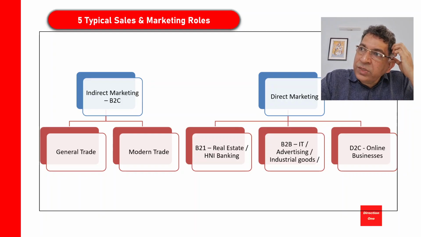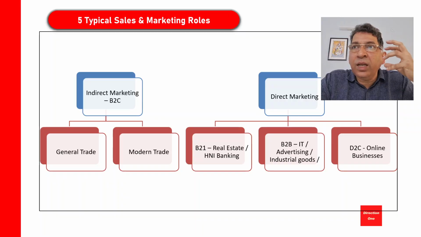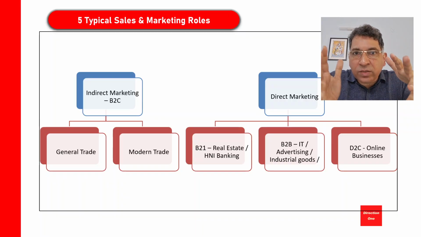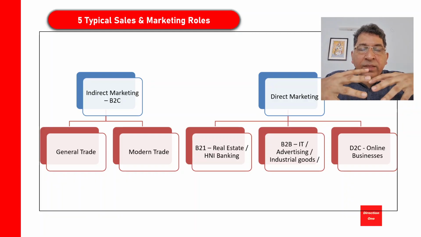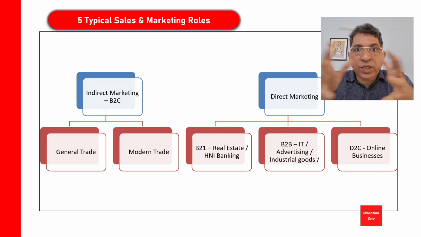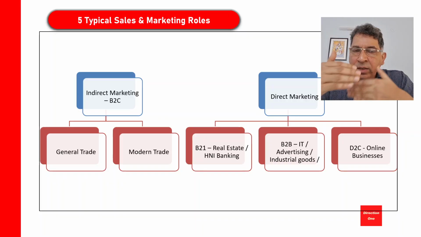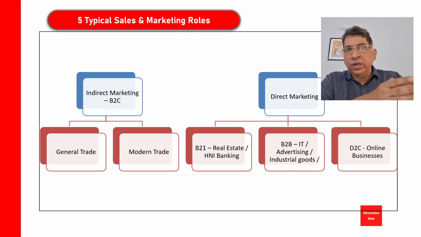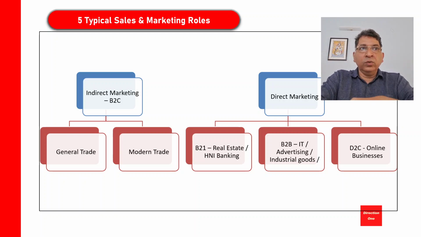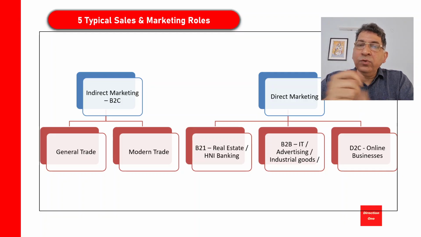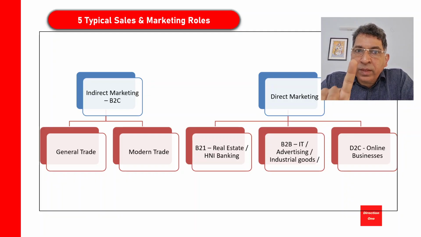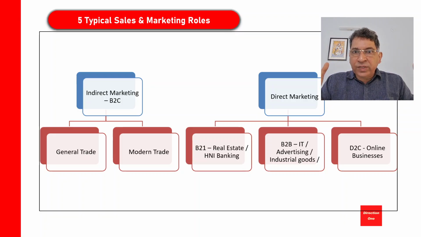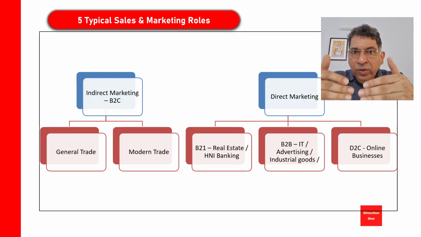Now, what is the difference with modern trade? A modern trade outlet will be a large outlet, usually a chain. So Reliance Retail, DMart, these are outlets which are 10,000 square feet, 50,000 square feet big. There will be a chain of outlets. And the question you'll ask is, why are we differentiating marketing to general trade and marketing to modern trade? It is because if you want to sell in modern trade, you're basically talking to one procurement manager. This procurement manager is buying on behalf of his company, but it's an indirect method.